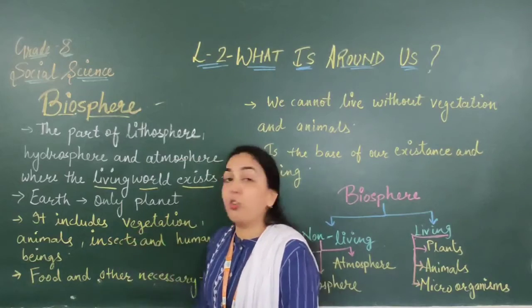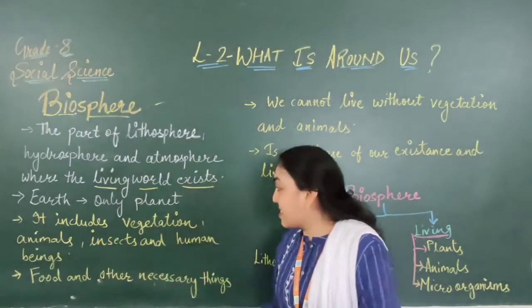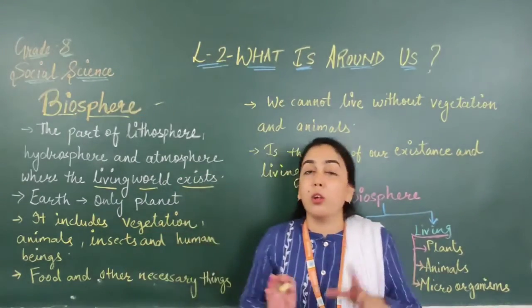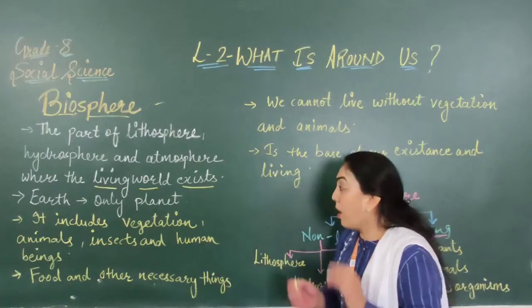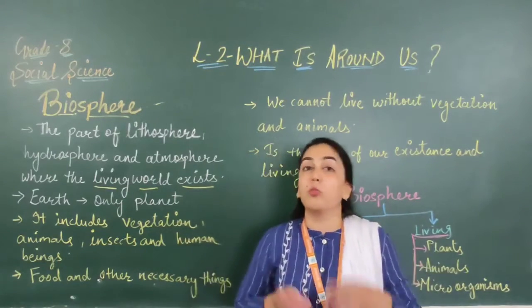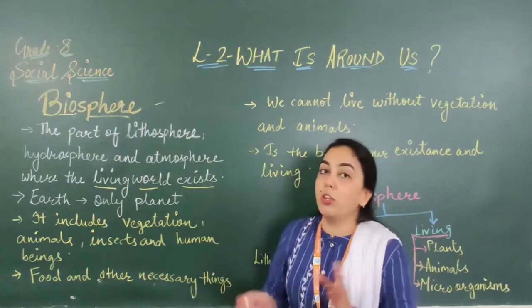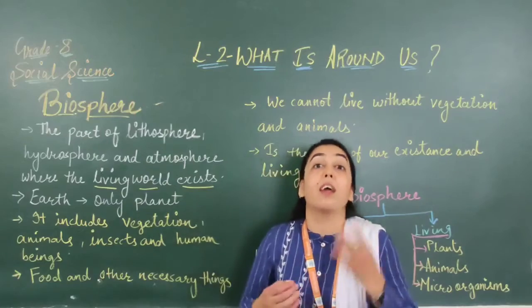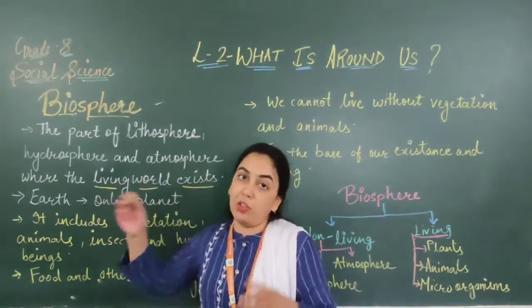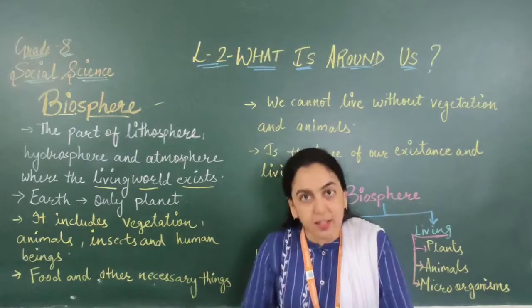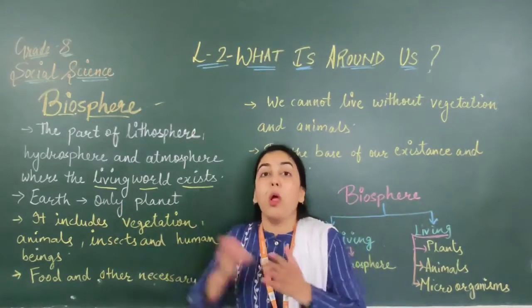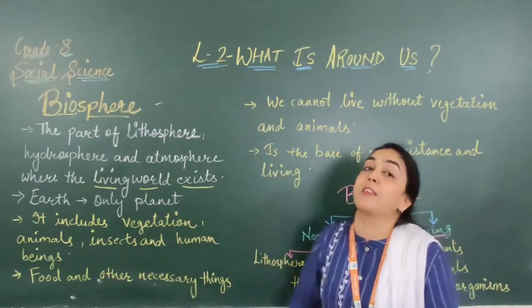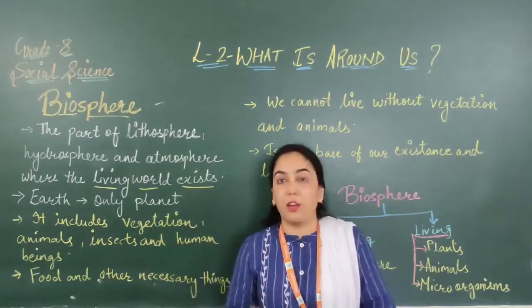Biosphere, vegetation is also included in it, animals are included, insects, human beings, all the living things, also all the non-living things, these all are included in the biosphere. We will see how. Vegetation as you know, growing crops, farming. So how it is being made? When we sow the seeds in the land. So that is why because of biosphere we can sow the seeds, and उसकी वजह से land is there. That is why vegetation we can do, and land is also part of biosphere. Animals, insects, human beings, all the living things are part of biosphere. These way all the things are included.